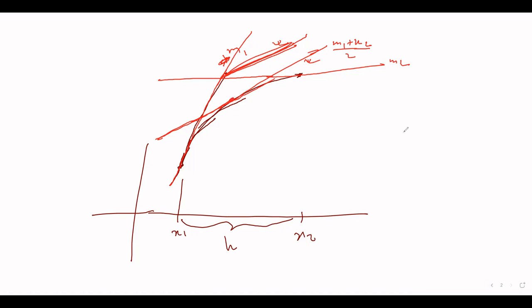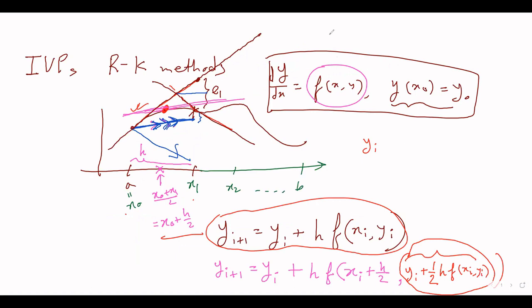So if you were convinced that the bisector gives us an advantage in our last class, you should be convinced now that the tangent line at the midpoint gives us a similar advantage in today's class. Yes, sir. Okay. So y_i plus this equation is going to give us almost equally good results, as good as the modified Euler method did. Theoretically it should, and this method is called the midpoint method,